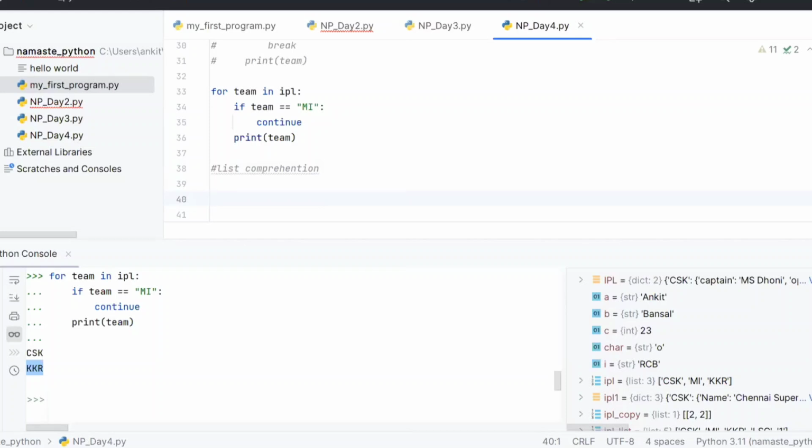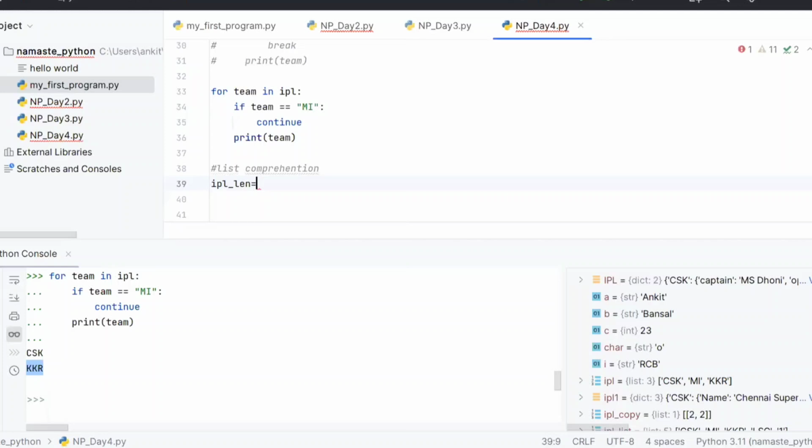Okay. So let's take our example. For example, we have this IPL list, and what I want to do is create another list which has the length of each element of the IPL list. So how will I do it today?